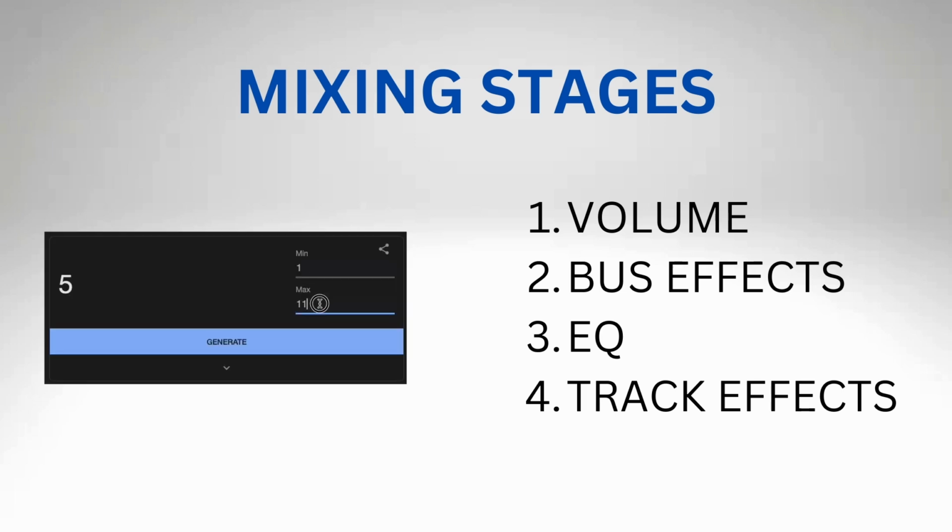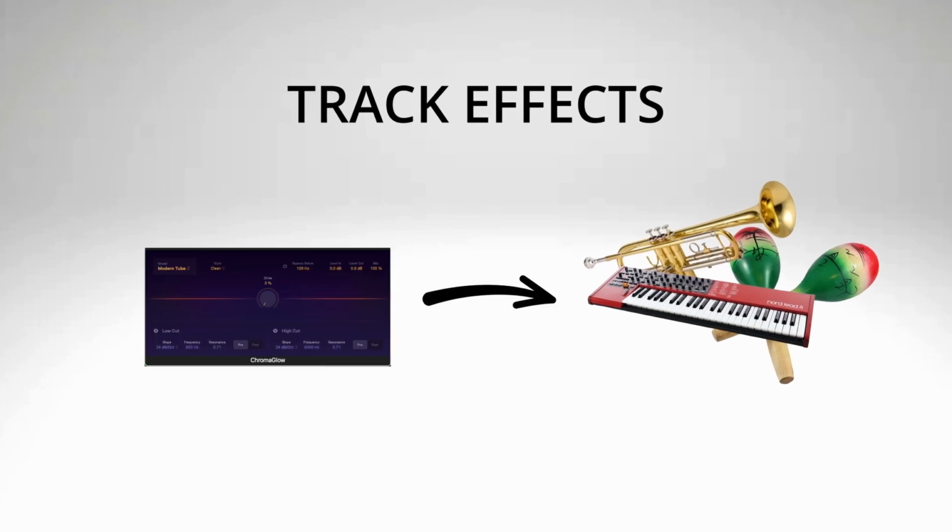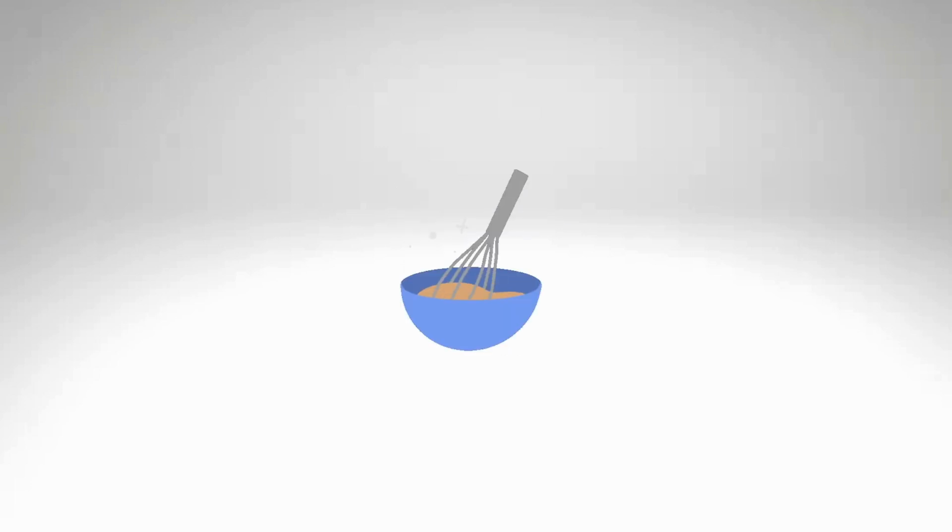But for this experiment, RNG does not care, so let's see what order we get. Track effects. Okay, so the thing that I usually do last. What I call track effects is the process of applying effects on individual instruments rather than grouping them with a bus and applying it to that group. I typically leave this till last because I feel the effects charm is retained better over the mixing process, but